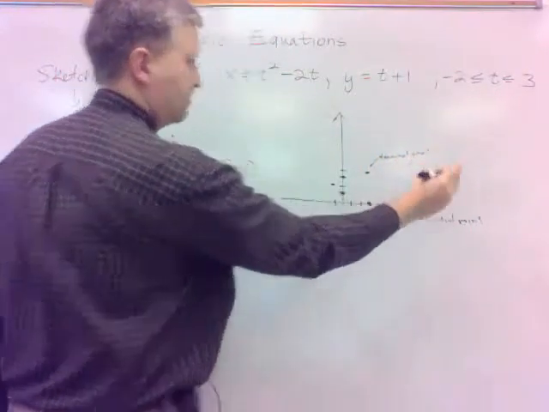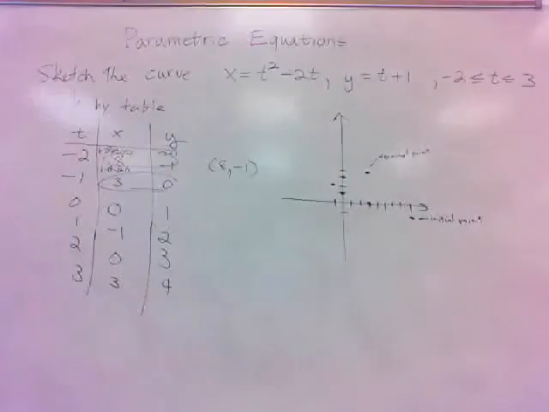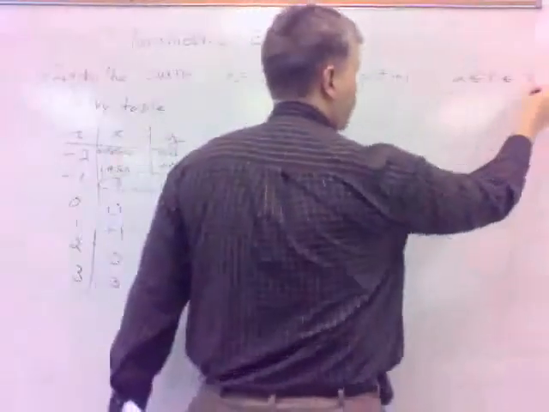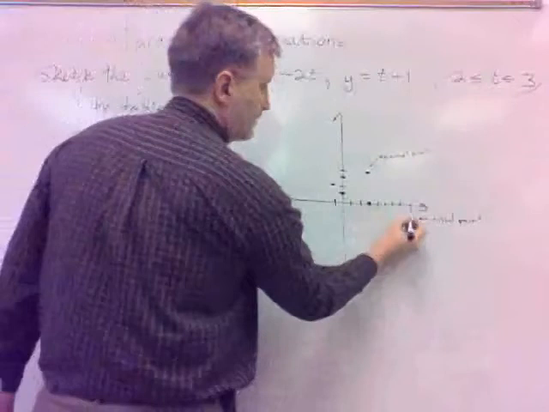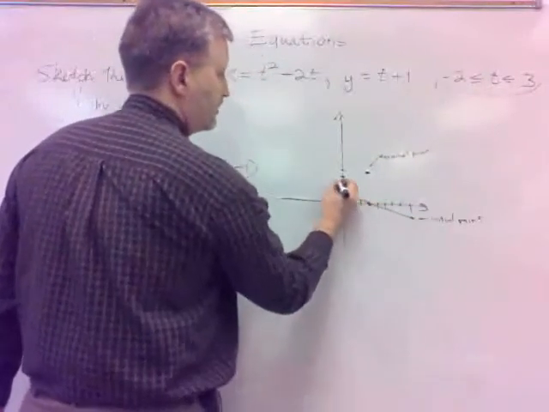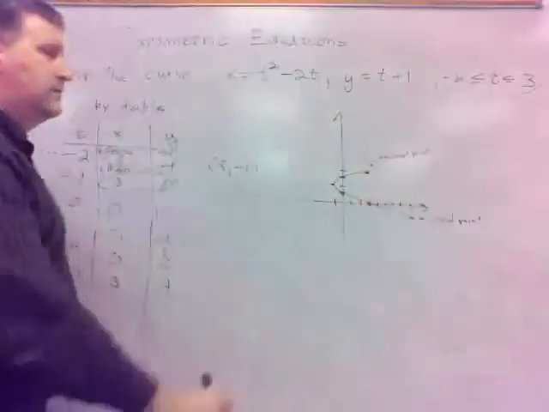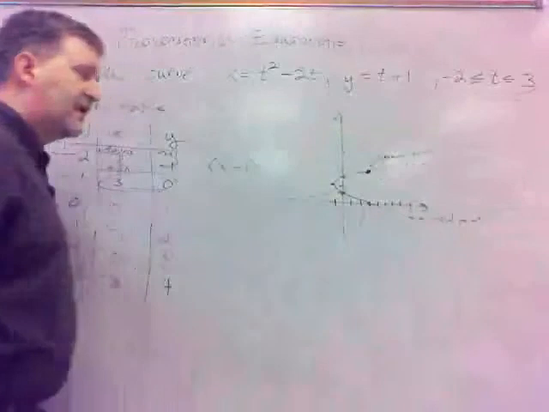Some of them will just continue. I mean, you can kind of see where it's going to continue around, but since I've defined my parameter boundaries there, here's what I've got. Initial point to terminal point. And then one other thing